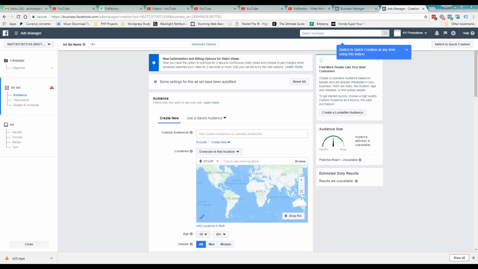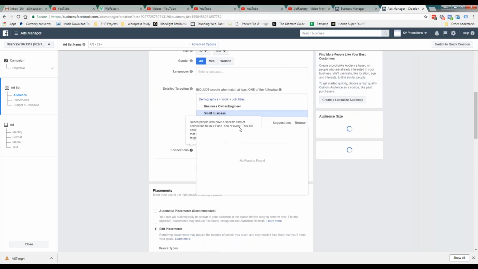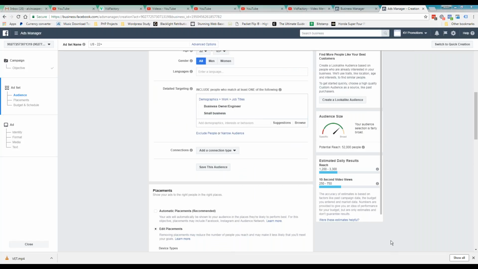Let's say, for example, business owner, and let's say it has to be a job title. CEO. Small business owner. And all that. So now you can target business owners themselves on Facebook and tell them that you can provide